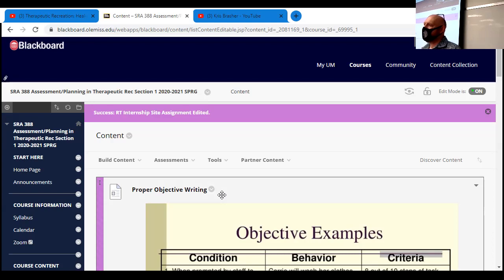You're going to give me more information about what you did, how you went through the whole API process, basically, to get your plan in motion, and then tell me what your client's going to be doing for the next X amount of time. Justify everything you're doing, things like that. Give me more information than you think I need. Make it pretty, and I'll be happy. So that's it for the comprehensive treatment plan. Don't forget, abbreviation quiz next Tuesday.